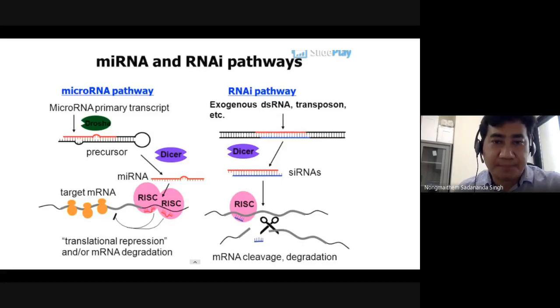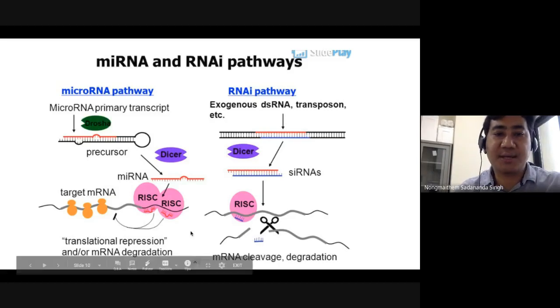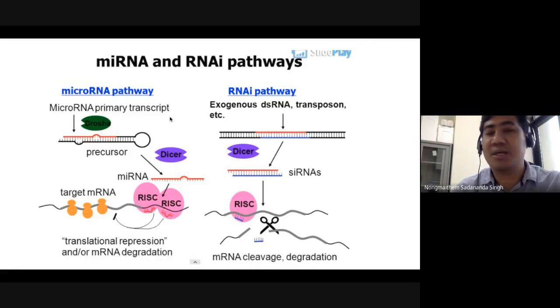So people have looked into the regulatory pathway, and what was seen is that mostly the microRNA, as we talked about, is processed by Drosha and Dicer along with interacting proteins to mature microRNA. Once it goes into the RISC complex, the single-stranded microRNA binds to the 3' UTR of the target mRNA, and this RISC complex leads to the degradation of the target mRNA. Okay,